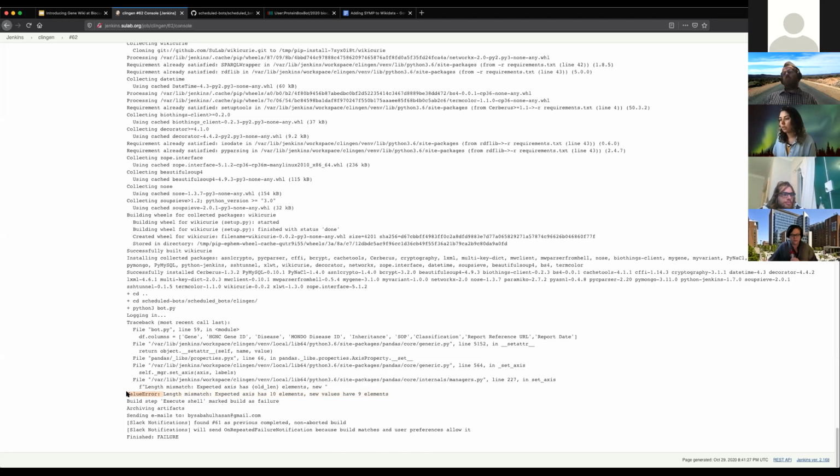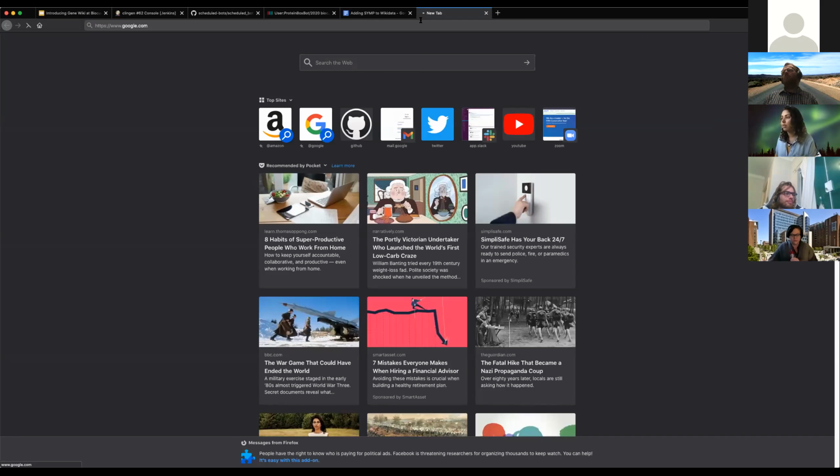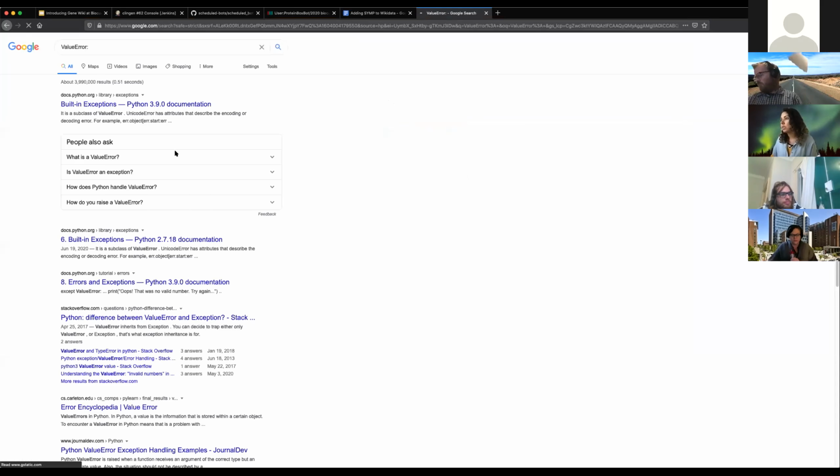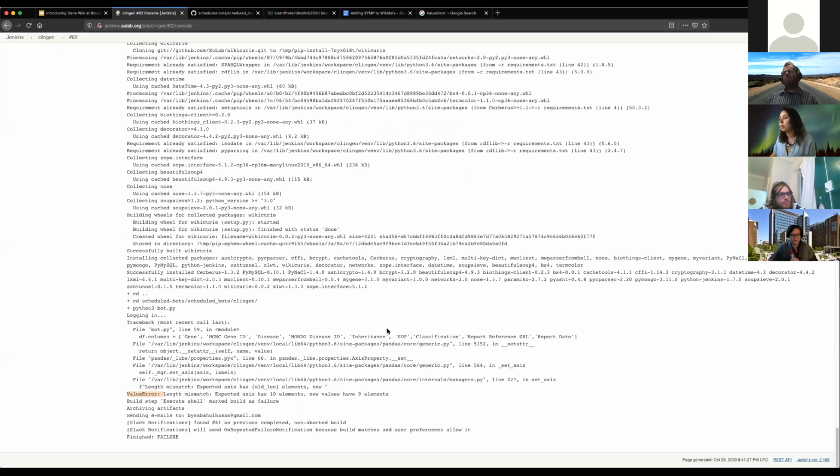And easy ways to figure out, so what does this mean for those who are new to programming, like myself? I did a lot of R before, and now this is all Python. So things you can do is you can just type in value error, and you can start to look in, okay, what does this mean for value error? So maybe this is repetitive for most people, but there's a lot of stuff that,